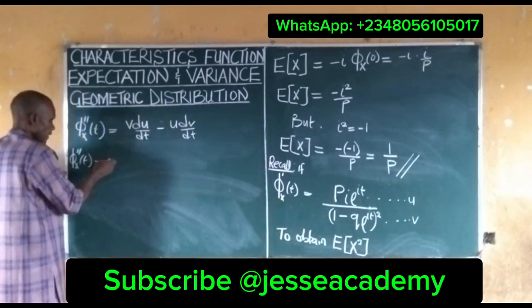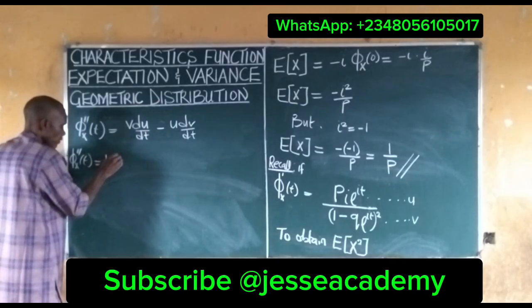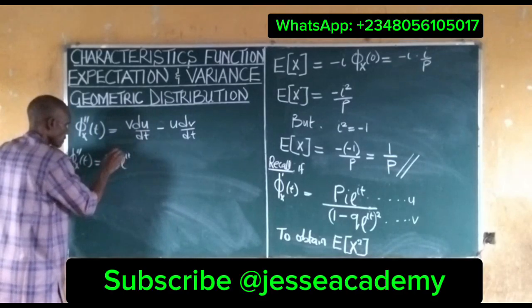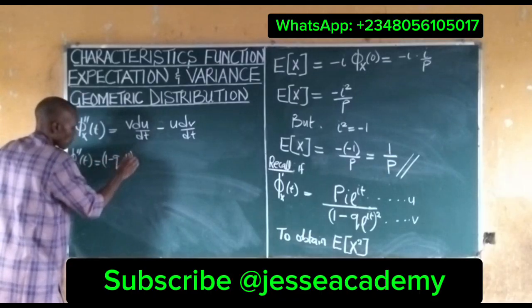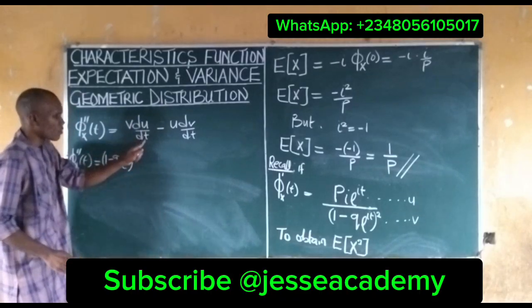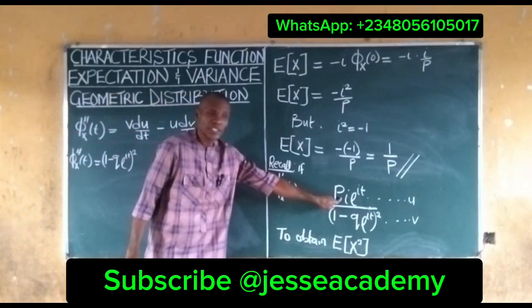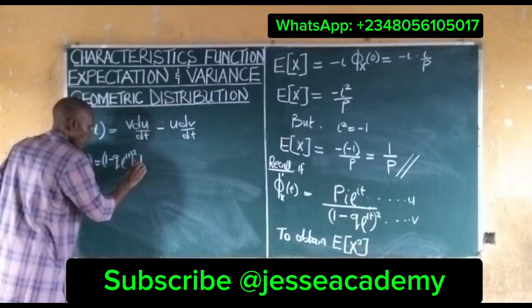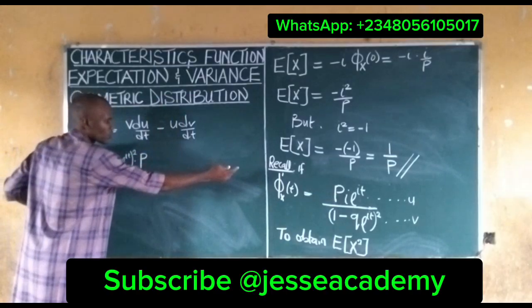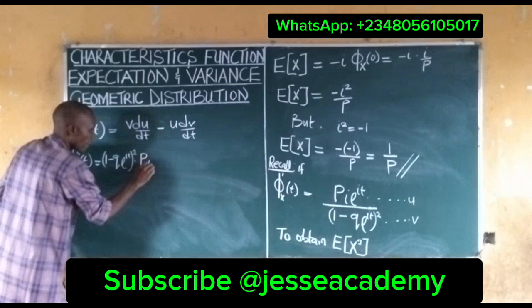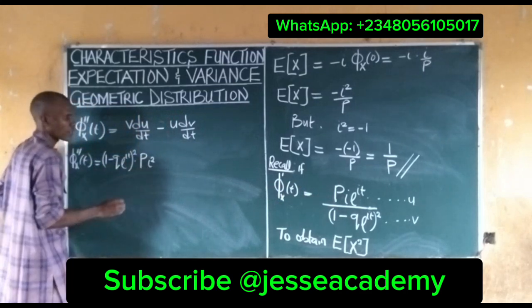So we read it as 1 minus q e to the I t raised to the power of 2. The u all over the t, we differentiate this. The u all over the t, we have it as p. Our characteristic function will also come down to make this square. So we have I squared